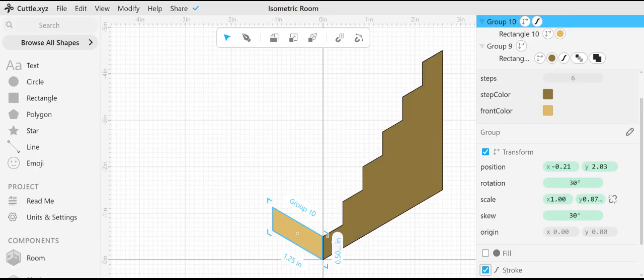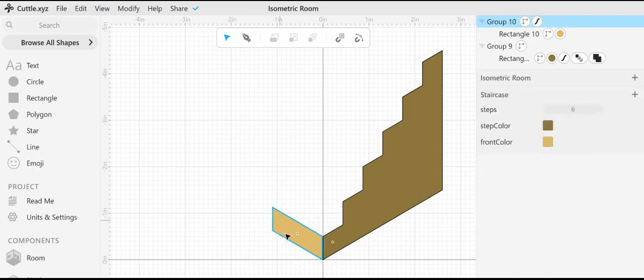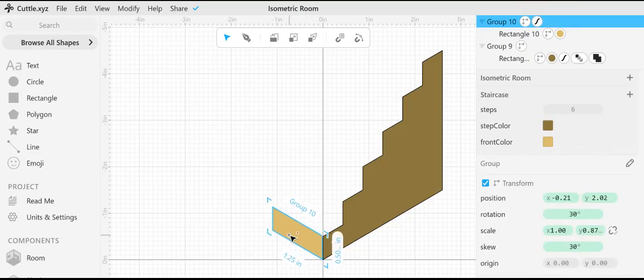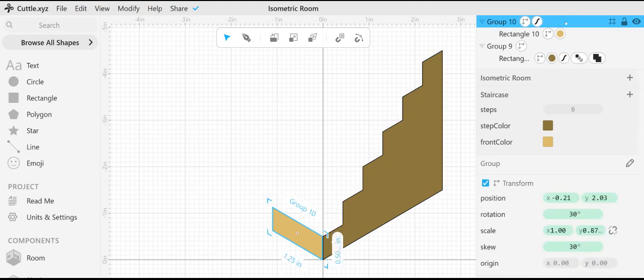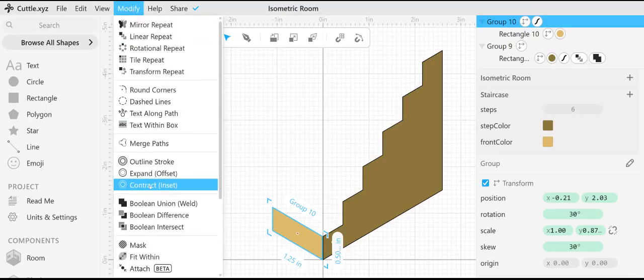outline on that. And I want it to repeat the same number of steps as this guy right here. So I'm going to do the Control G. Oops, sorry. I just need to, on that group, do the modify